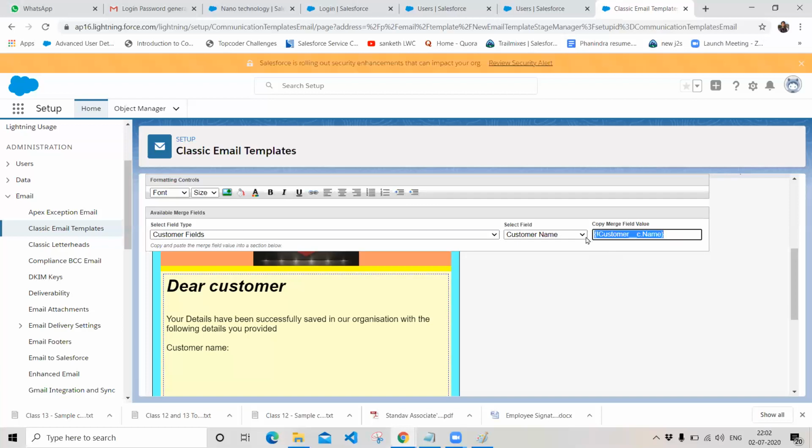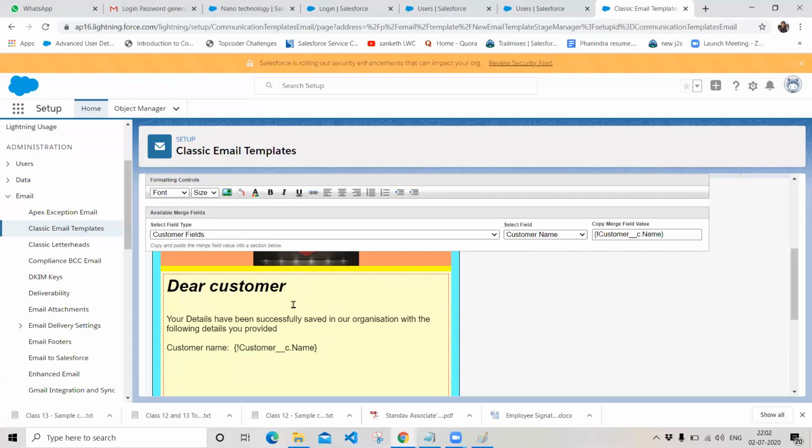Whenever you copy and paste it here, whenever you are creating a record and sending an email, the record name of the customer will be automatically populated here. So this is with respect to the merge fields functionality.